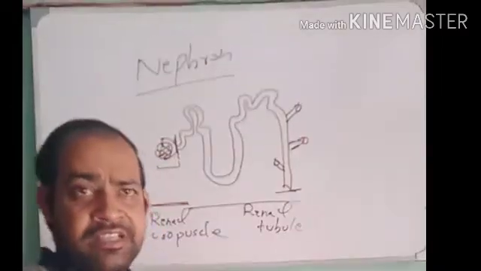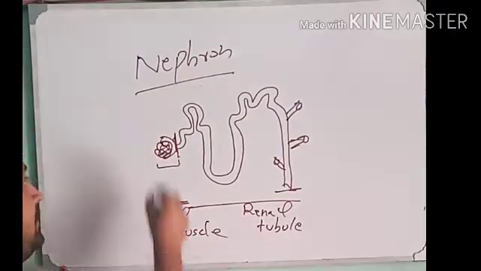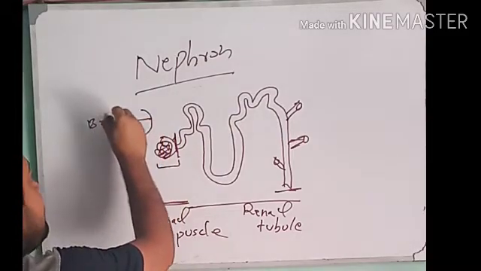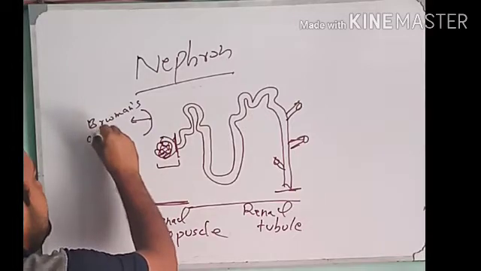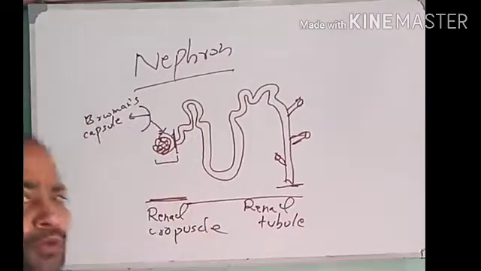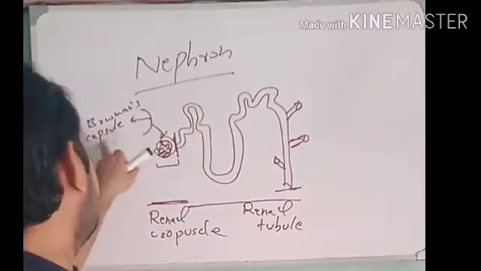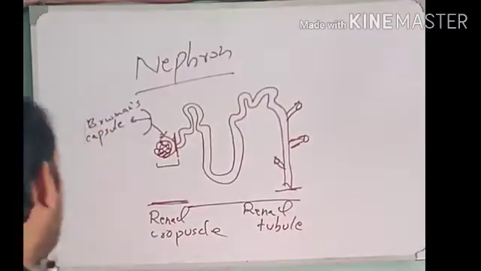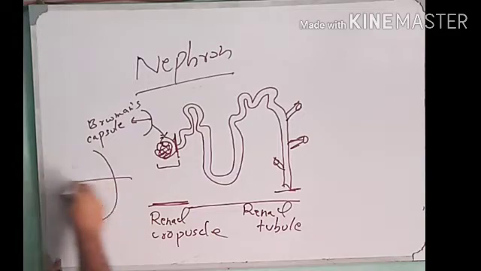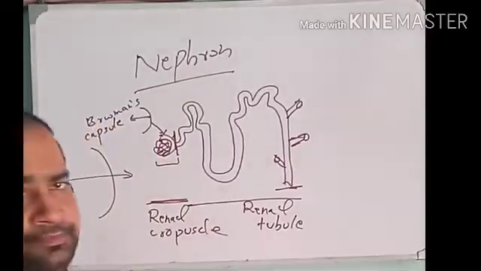Now we go into detail of the structure of the nephron. The first part, the renal corpuscle, consists of two parts. One, this complex structure, is called Bowman's capsule. This very first part, this structure like a bow, like a cup, is called Bowman's capsule. You know what is a bow? A bow is a tool which bowmen use to cast their arrows at their enemies. That is why Bowman's capsule.